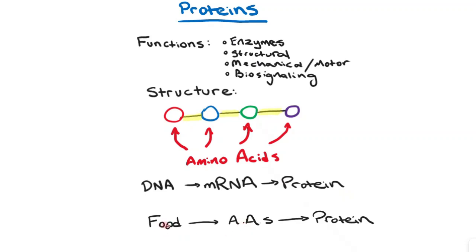All right, and then where do we actually get those amino acids from? They actually come from the food you eat, right? So from the diet, specifically the protein in the diet, you'll take that, you'll digest it, you'll break it down into individual amino acids, which you'll absorb, and then your cell will take those amino acids and put them together in its own sequence to make its own proteins.